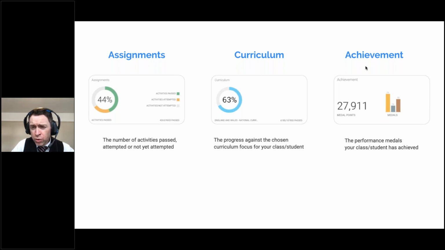The achievement report is a way to gamify the Mangahigh experience. It turns all the students' achievements into points, 1 for bronze, 2 for silver, 3 for gold. So it's a way to create leaderboards in your class or a top student of the month or something like that. It gives you a point score for everything your students have done.